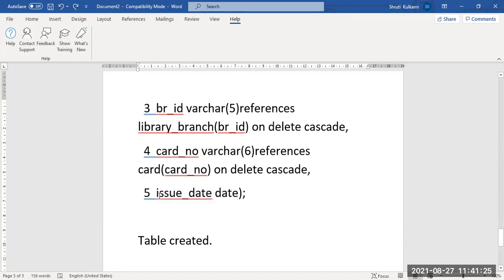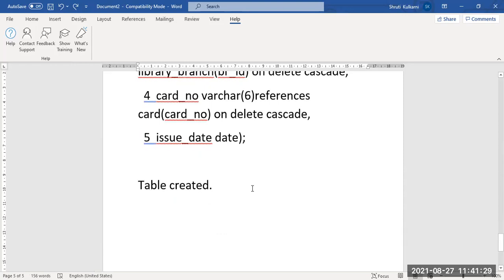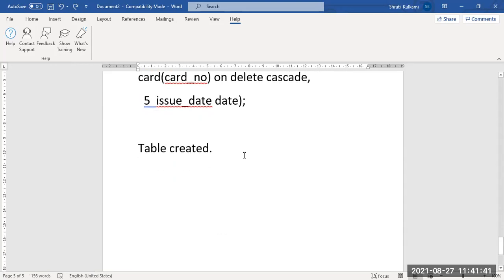For issue date, if you give the data type as date, the compiler will understand that the user is giving the value for a date. So it should accept it as you have created the data type as date. Fine. There is no conversion, nothing. The way you do in Java, int parse or parseInt, whatever that concept is, no conversion is required.